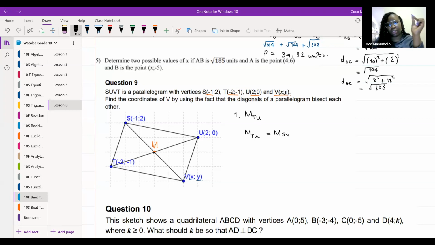we can use that first thing that we did at the very beginning of the class, where x1 plus x2 over 2 is equal to the x value of the midpoint, and y1 plus y2 over 2 is equal to the y value of the midpoint. That's the second thing we're going to do. So we can use both of those things